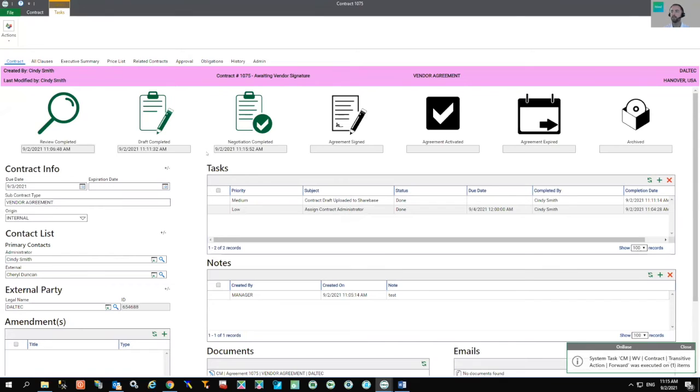Again, now you can see that that date and timestamp has been highlighted and that negotiation completed milestone is now complete. That next step in the process is really to get that legally binding signature on the document. That way we can activate that agreement. So what we're going to want to do next is make sure that we can apply that signature correctly to